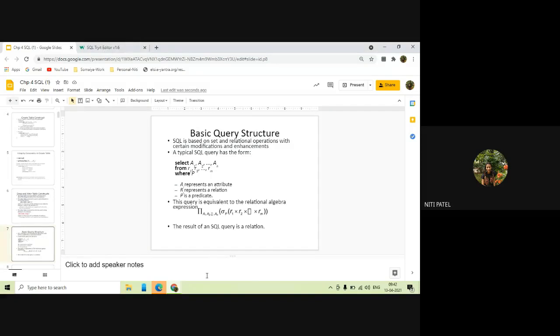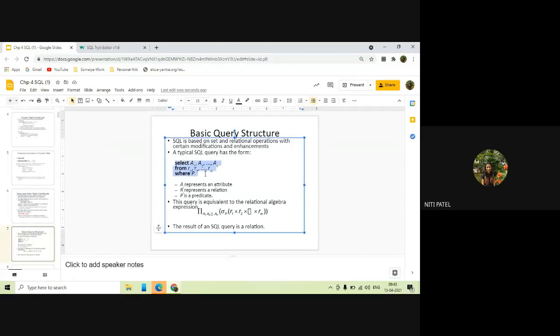Let us see the next thing, which is the basic query structure. Now, whenever I use a SQL command, this is the basic thing that is required all the time. What is that basic thing? Select, from, and where. So we call this the basic query structure of SQL. Why? Because we require this every time and we keep on using it very commonly, and therefore it is called the basic structure.